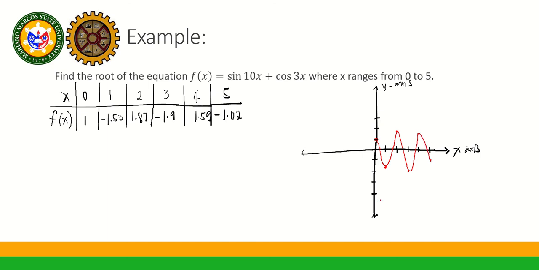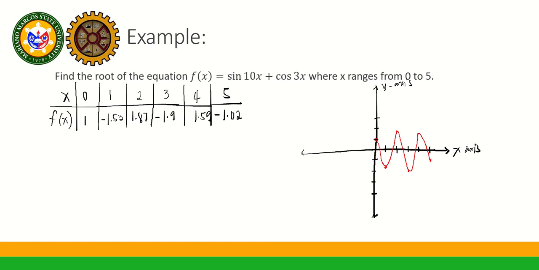Okay. So, yan yung graph natin. So, meron tayong points here that touches 0. So, meron tayong tatlong points. Tatlong roots, possible roots of this equation which ranges, when our x ranges from 0 to 5. So, ganyan lang yung gagawin nyo for